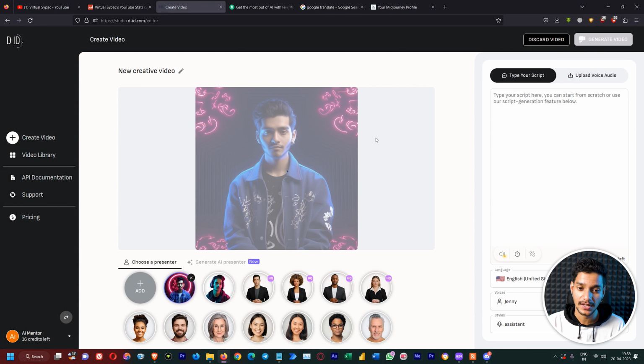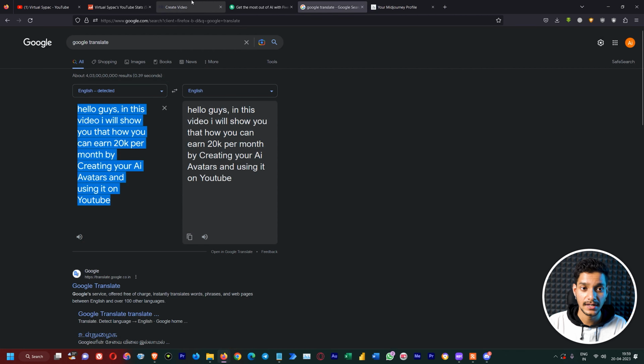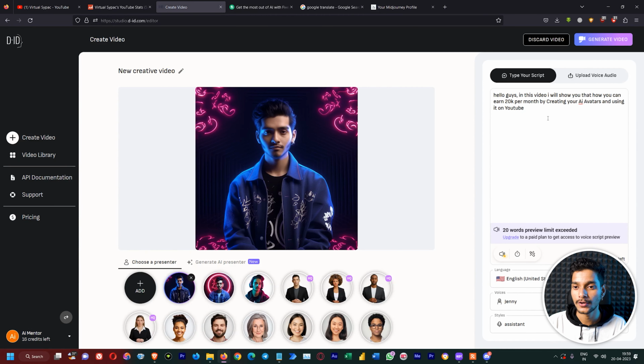by using the Midjourney. And once this image is uploaded, here you also have this option to upload your voice audio. Now, if you want to add your own voice, then you can do so. Otherwise, you can also type in the stuff that you want it to speak. So in my case, I have just created these few lines and we are going to just copy paste it